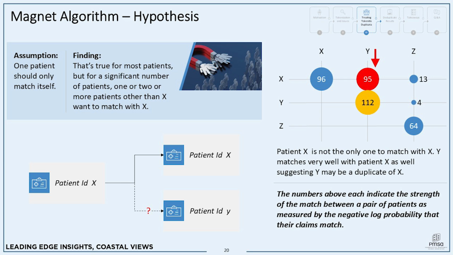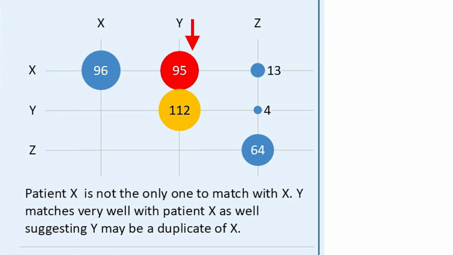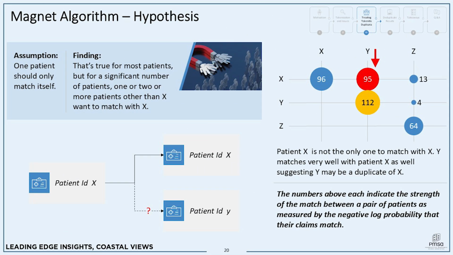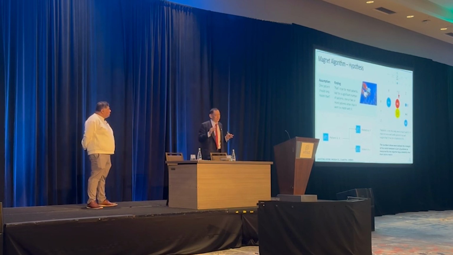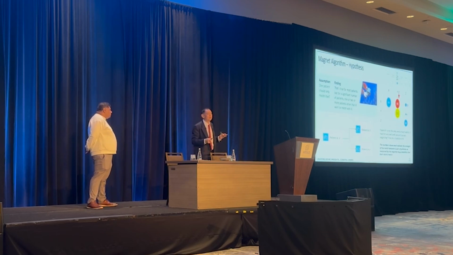So we can compute the other suitors, if I can use that word, for patient X, right? There would be a Y or X prime and so on. And that little chart that you have here captures this. So we analyze this to be able to say, okay, there's a challenger, but the challenger is serious enough that maybe I want to call it a duplicate, right? If it's not too strong, as the size of the bubble shows, it can give you an idea of how strong it is, then we say, oh, we're not very sure about